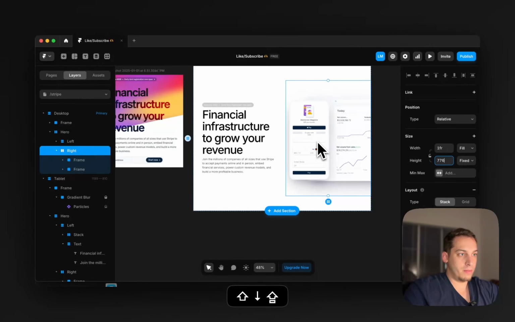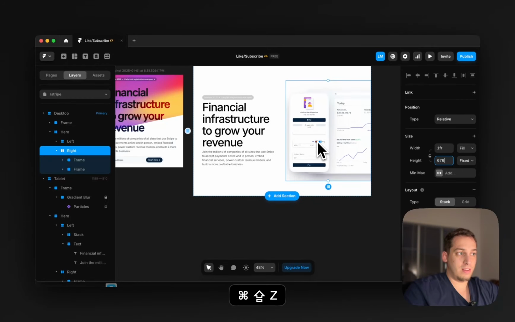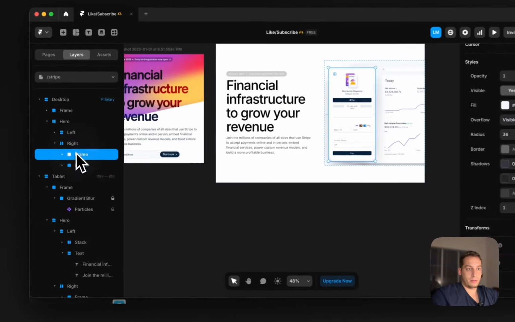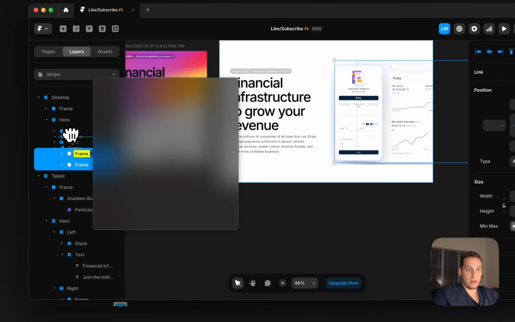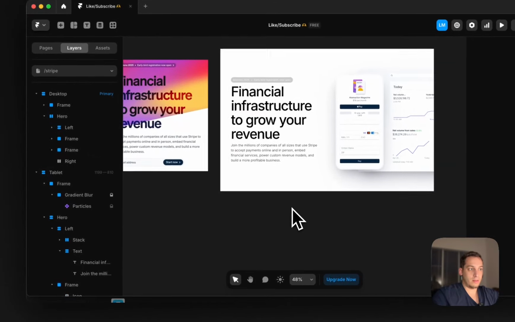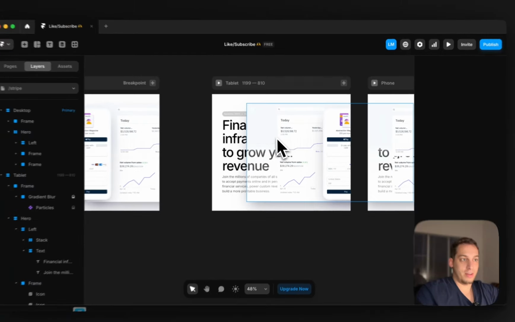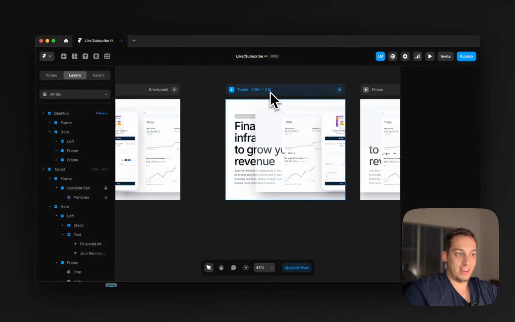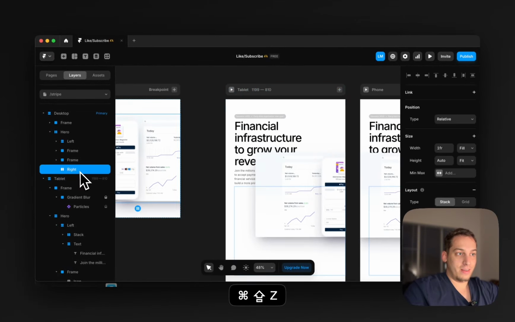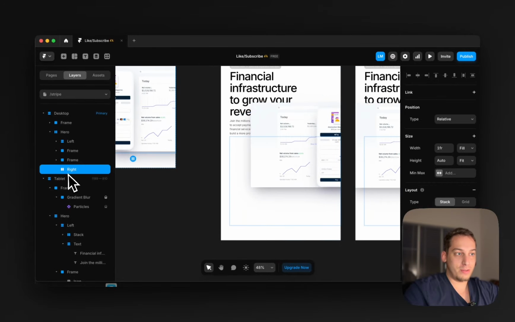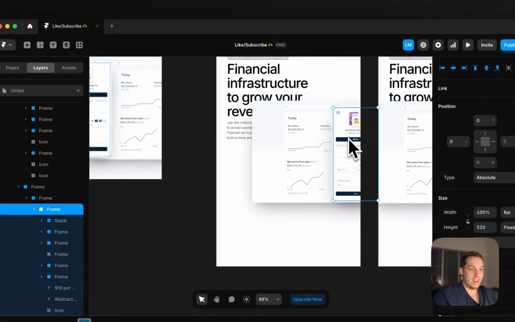So we can actually make it, get rid of this particular right side and theoretically put it like this, and this would also work fine. But we would just have to now see with the responsiveness, we would actually have to leave this right side kind of empty and move